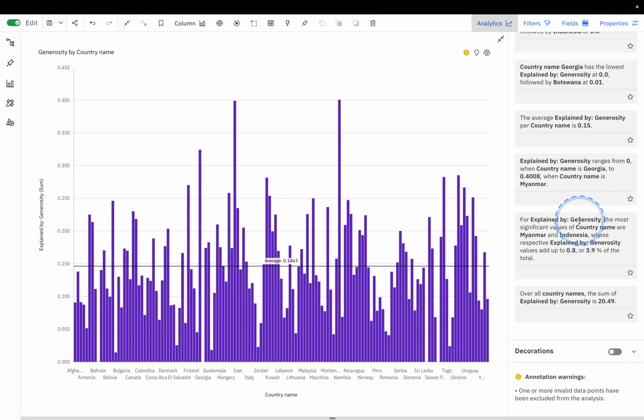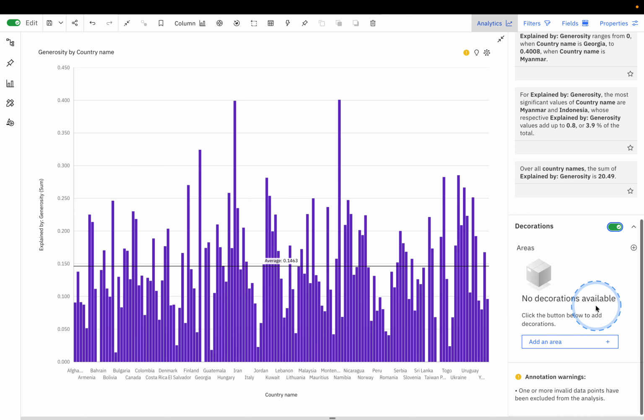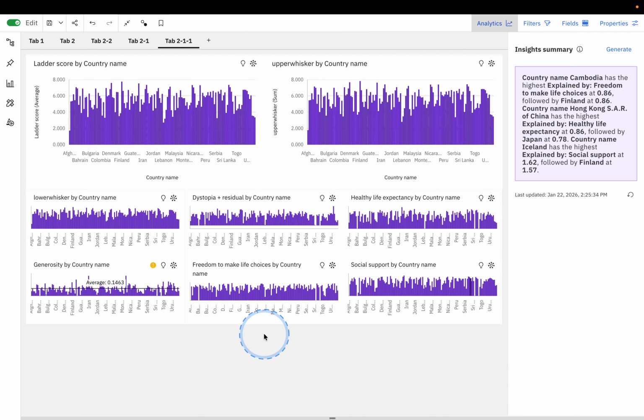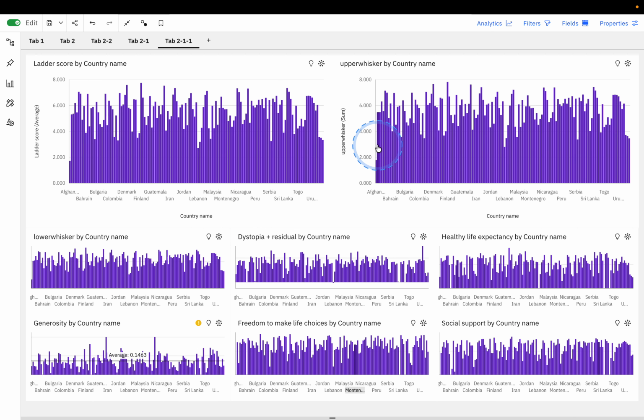Now, the most similar values are Myanmar and Indonesia. So say Myanmar and Indonesia. And they add up. That's 39% of the total. Over all the country names, generosity is 20.49. Let's see what decorations gives us. No decorations are available. Okay, so you can see how the AI generates insights if we have not known what previous insights were available. So we would duplicate this